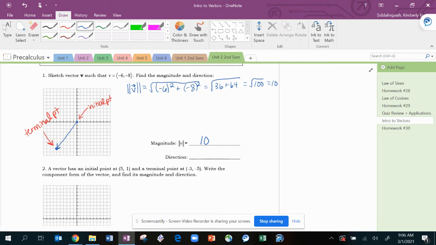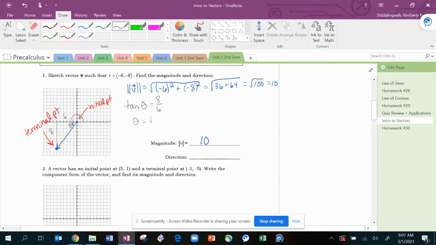All right, direction is a little bit harder, right? Because we want to talk about the fact that that's pointing down there. So first, we need to create a little bit of a right triangle. So we get a different color out. I want to find this angle here because then my direction is going to be all the way around. So remember, I know that this is a 6 and this is an 8. So I can use tangent. So let's do a tangent of theta equals